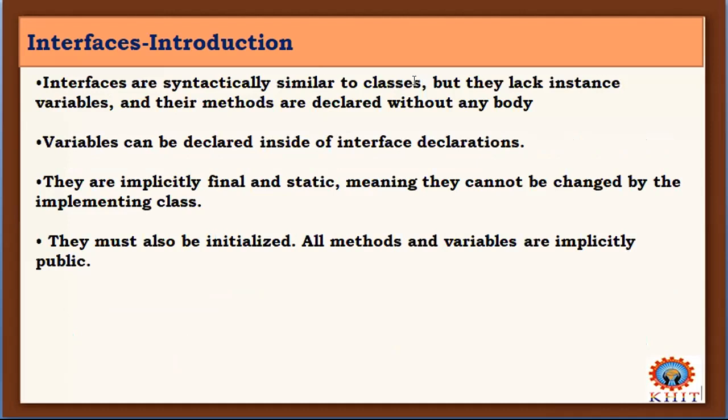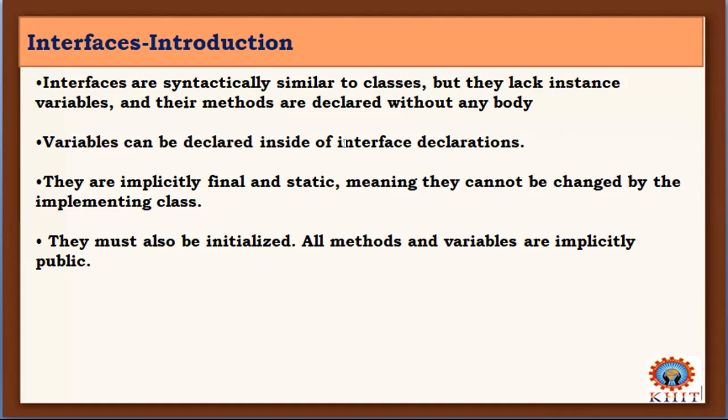Okay. So next, interfaces are syntactically similar to classes. Ivi same classes lagane untayi, but they lack instance variables. So we don't have any object for the interfaces. Like we have objects for the classes, we don't have any object for the interfaces. Okay, it is very similar to the classes. Classes lagane untayi, dantlo methods untayi, dantlo variables untayi, anni untayi, but it is not a class. Okay, so the differentiating point is we cannot create an object for the interface.